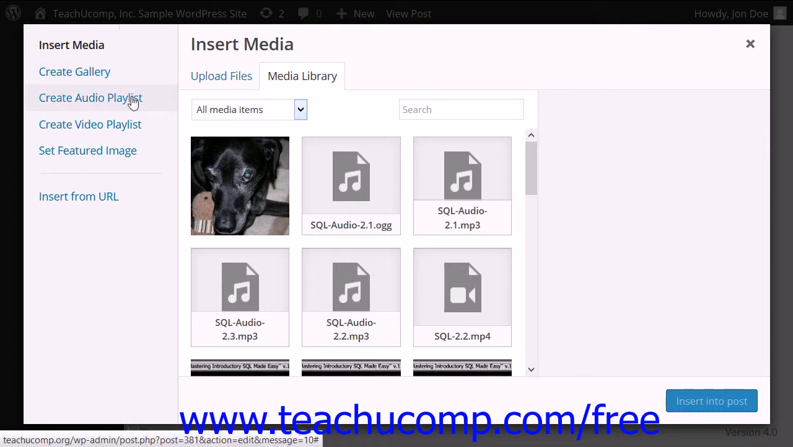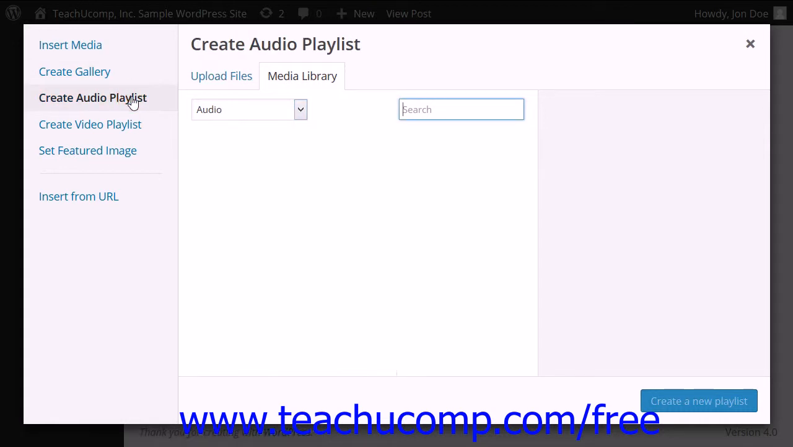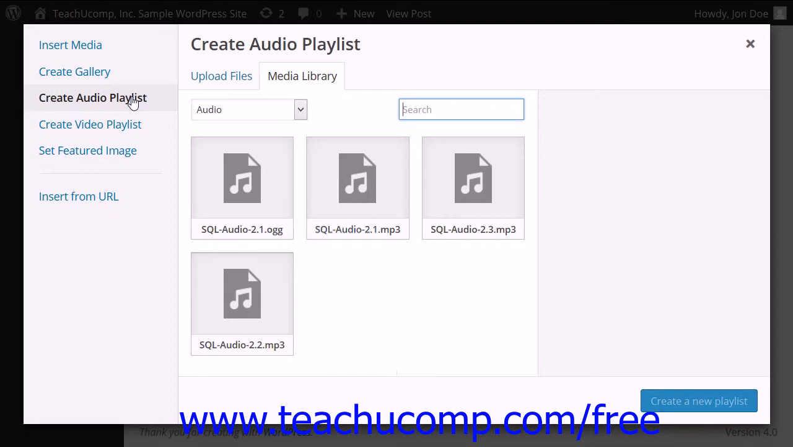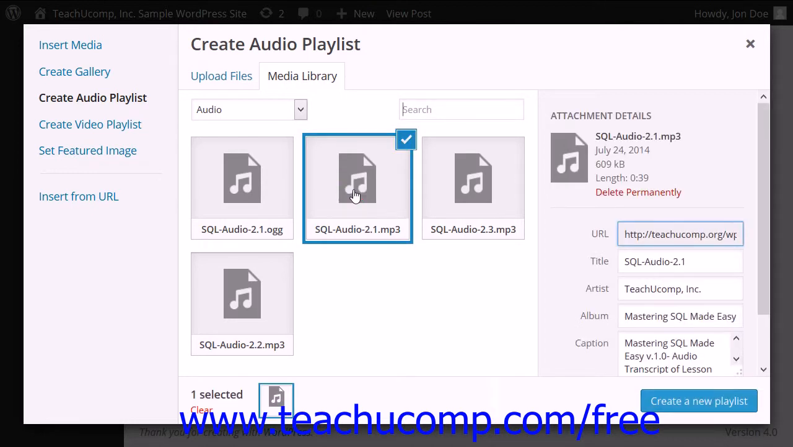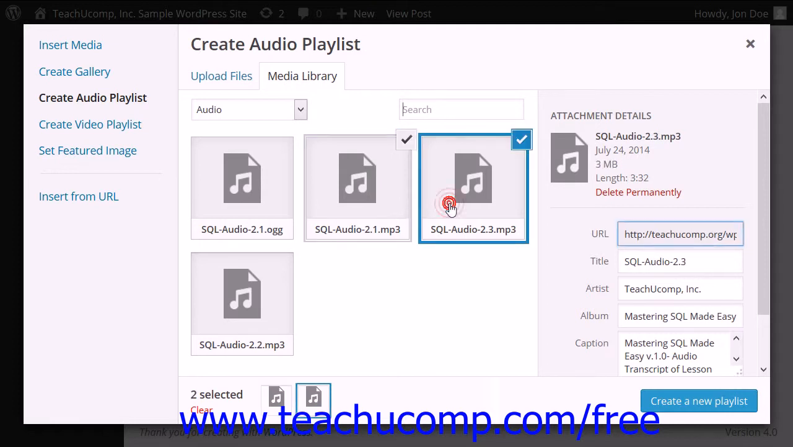Click the Create Audio Playlist link at the left side of the Insert Media window that appears to view the Create Audio Playlist window and show the Media Library tab. Click the uploaded HTML5 audio files within the Media Library tab to select them. Each audio file you click will appear with a check mark in its upper right corner. You can click this check mark to deselect a selected audio file and remove it from the selected files if